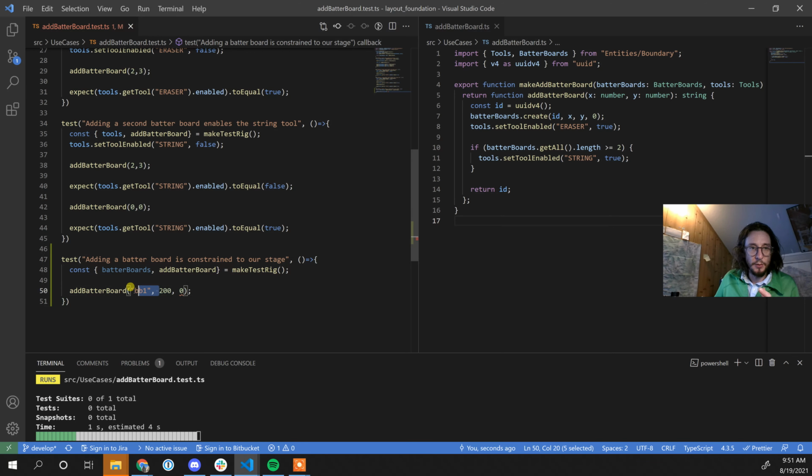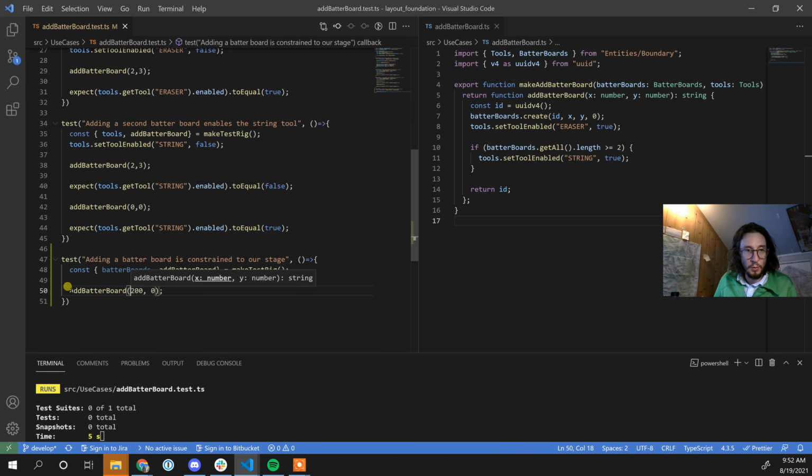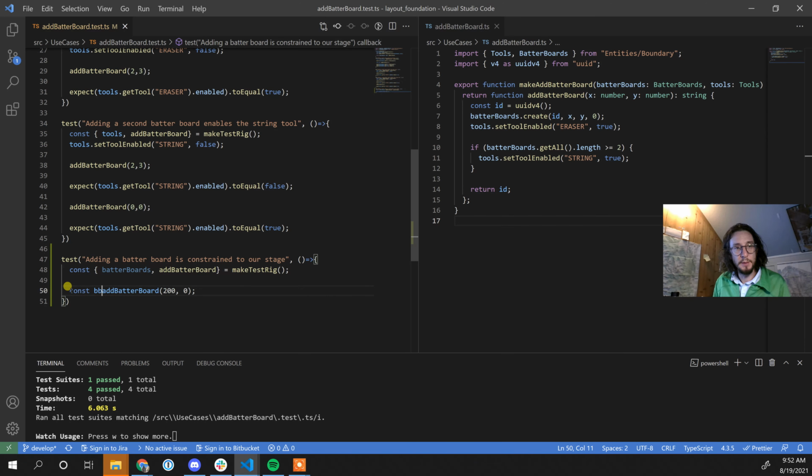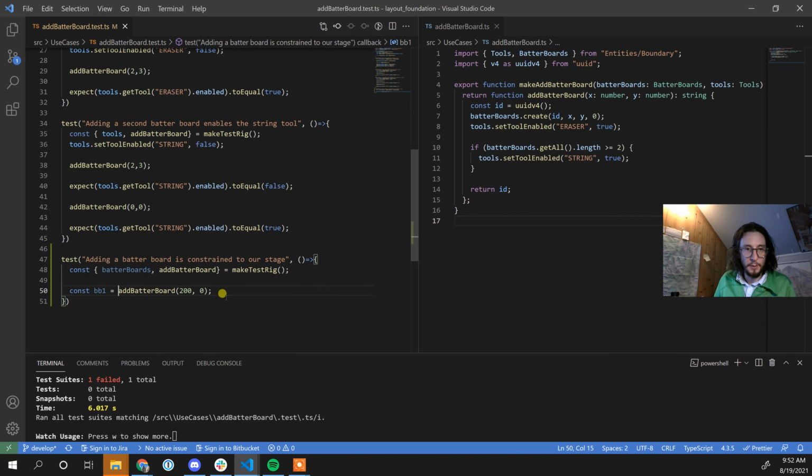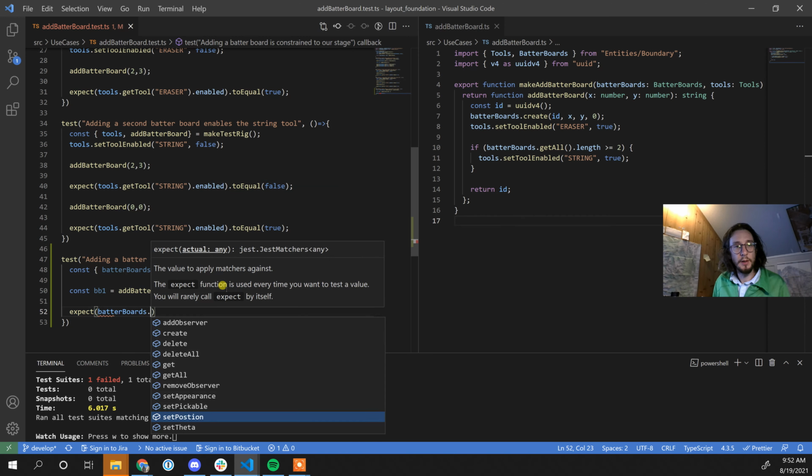Oh, we actually don't need that, this generates the IDs. So we'll call this constant BB1 equals add batter board. Then we're going to expect batter boards get